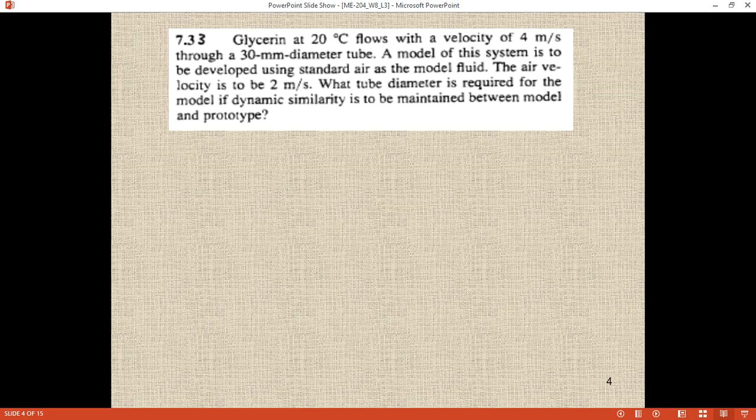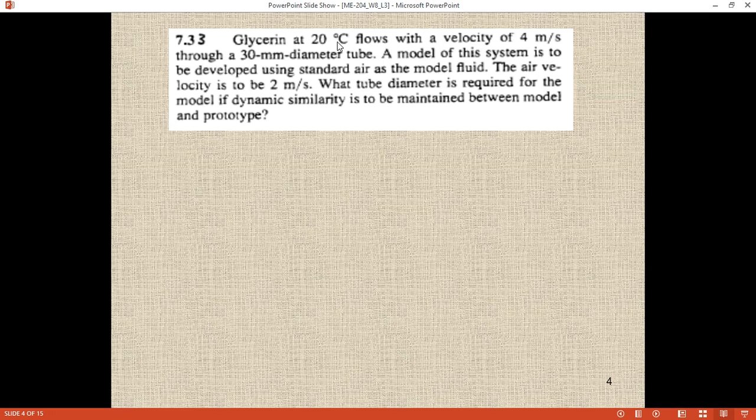Here all the data are given: diameter is given, velocity is given, and the density of the glycerine is given,